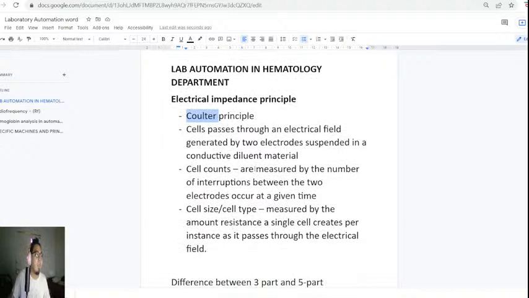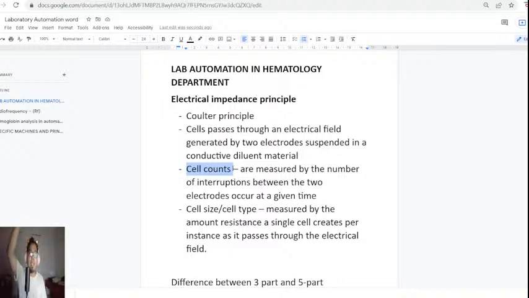Now, how does it measure cell counts? The measurement of cell counts is done by the number of interruptions, or pulses. So basically, the number of interruptions in the electrical signal. Okay, for example,